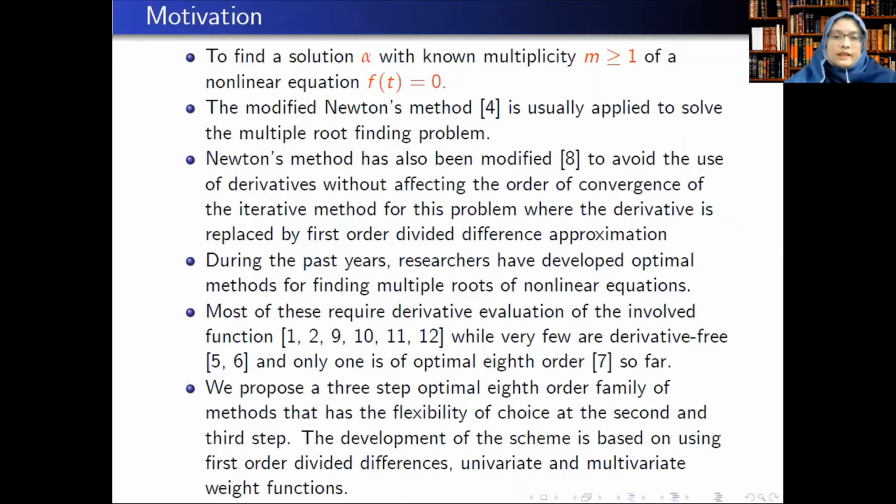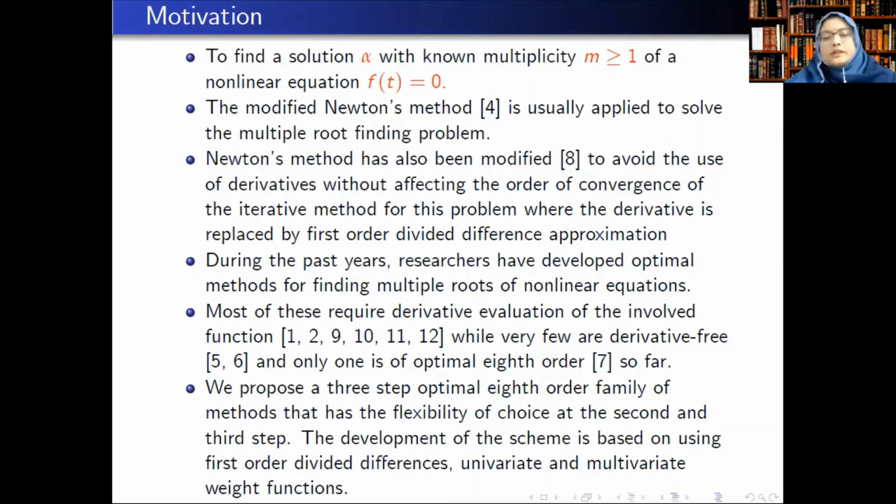The problem is to find multiple root alpha with a known multiplicity m greater than or equal to 1 of a nonlinear scalar equation f of t equal to 0. We know that the modified Newton method that was given by Schroeder in 1870 is usually applied to solve this multiple root finding problem. But like we do it for the root finding problem of a scalar equation in the case of simple root, we try to avoid the use of the derivative by